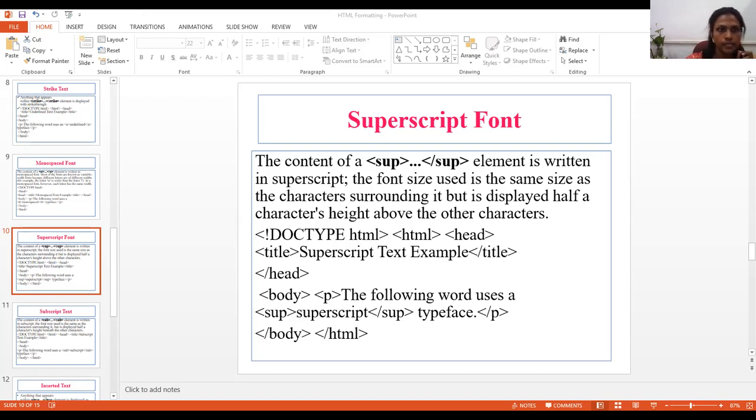If I execute it, we are able to see that Krisujanti College here is superscripted text, and computer science is any normal text that we give. So that is about the superscript text.